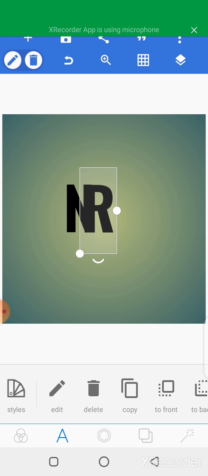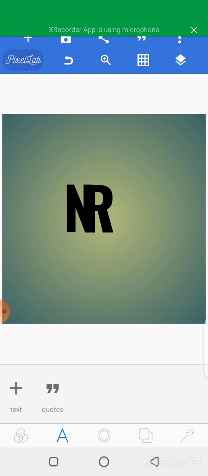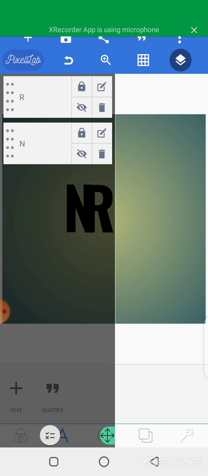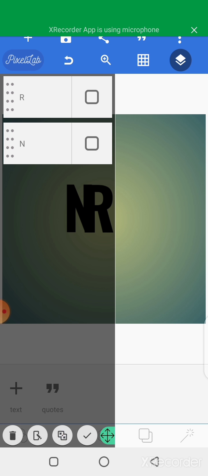Okay, so we want to join it together. We want to join both, we want to bring it together. Then we come here, look at the layers at the top right. Can you see? For you to join it together, look at the down part of this place, you click here, then you select the two,